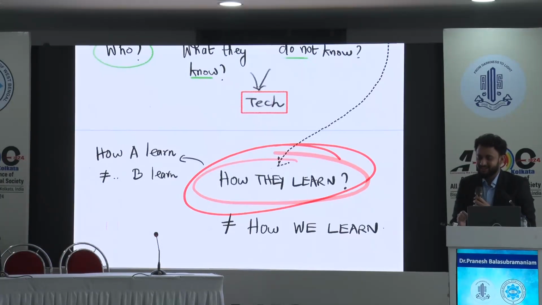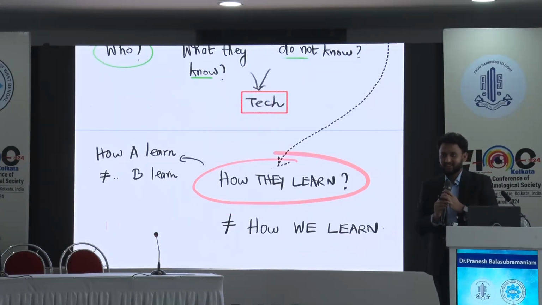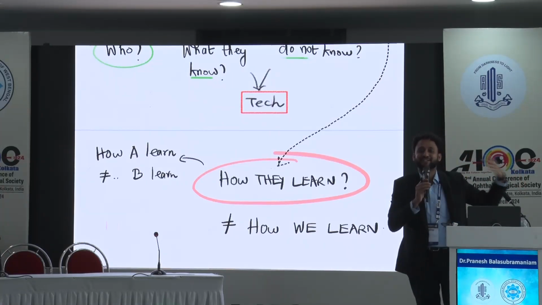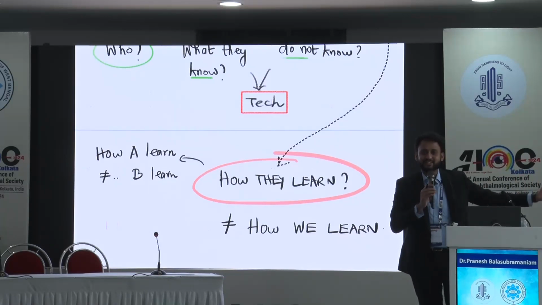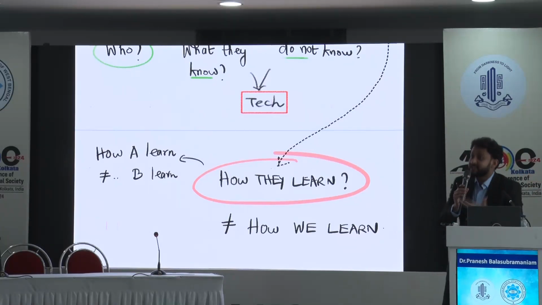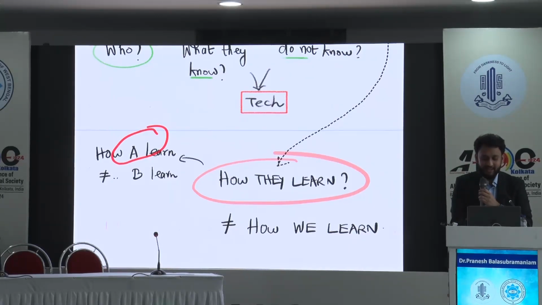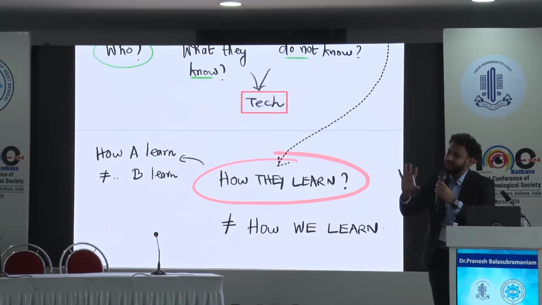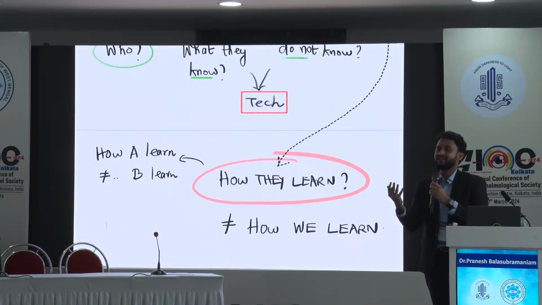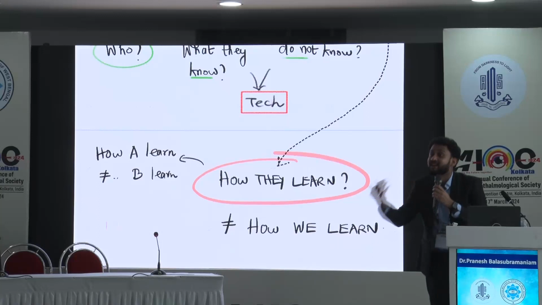How they learn is not how we learnt. There's a big generation gap. I'm 30 years old, but I'm still saying there's a big generation gap between me and my students. It's really interesting and really inspiring, the way they learn, and it's important for us to understand how they are learning. Please note that not all students learn the same way. How student A learns is not equal to how student B learns. My grandmom will say all five fingers are not of the same size. Very philosophical, but a profound truth. Not all of us are the same. All of us learn differently. All of us